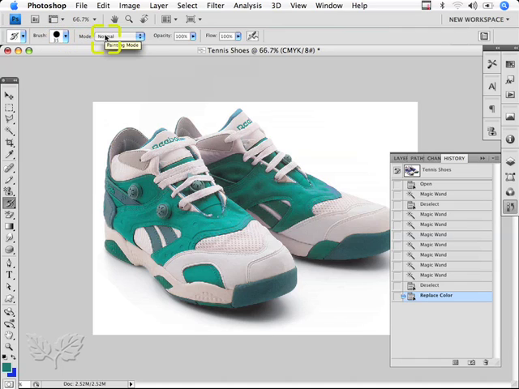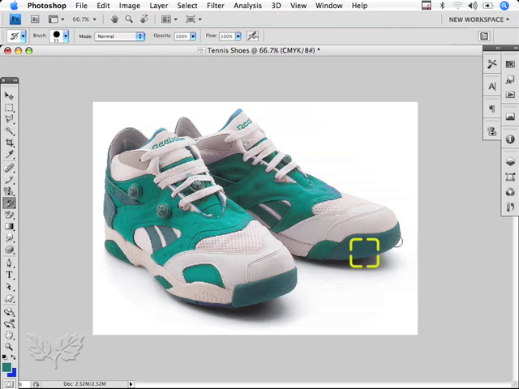I'm going to take a hard-edged brush and checking that it's in the normal mode so it will apply solid new paint and that my flow is at 100%, I'm now going to click and paint over those areas that I want to restore. And all I'm doing is painting back the original. So I can again paint over here to just restore any change that I've had here. Do the same over this part, just got to close him temporarily and then restore in these areas here, so